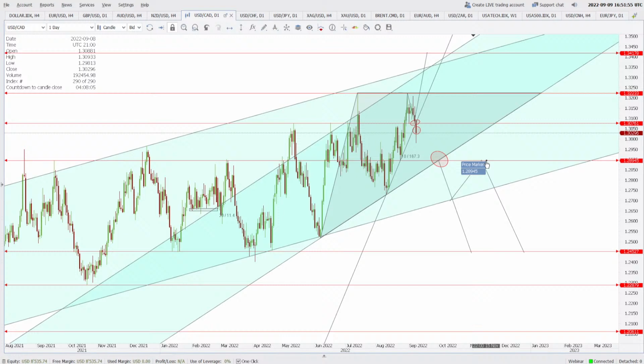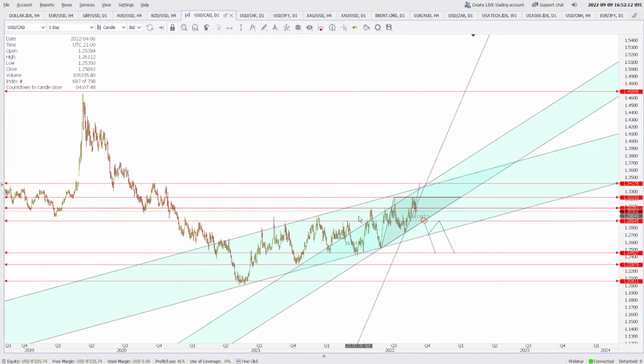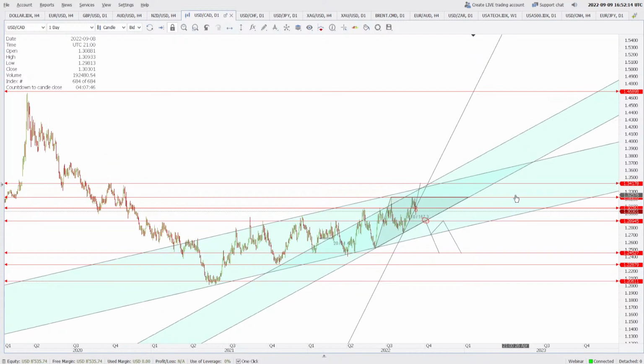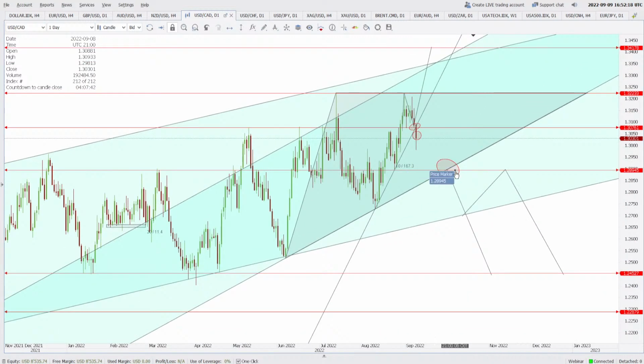Then eventually price will go and test this 1.2894, which will be the broken support, to test it as a fresh resistance. Now all this looks like a story. If it happens, then this will happen, but we have to go with the direction of the trend, and the trend is uptrend. So we are not looking for any selling opportunity. What we are looking for here is a buying opportunity, which is this one, 1.2894.